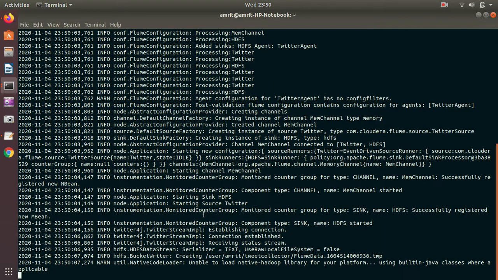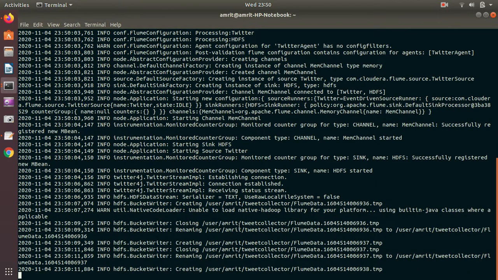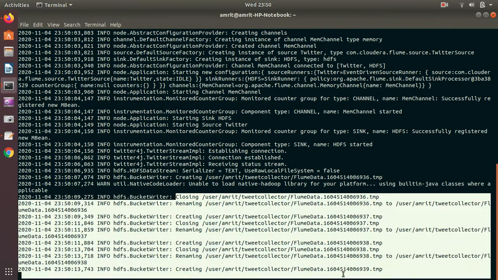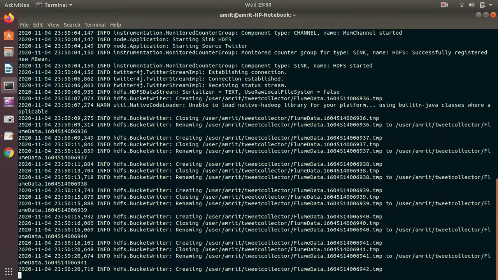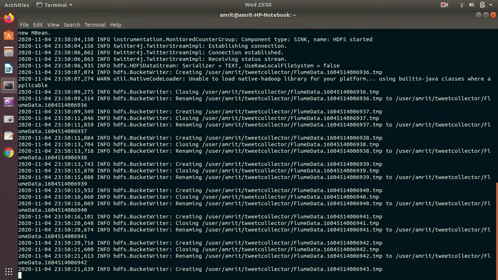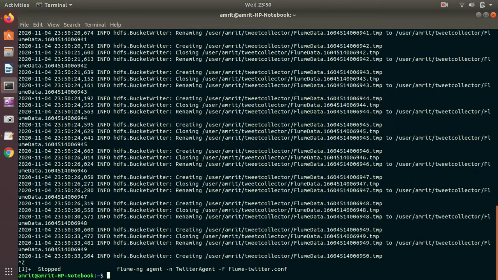Okay, you can see that the data has started here. In no time I'm getting a lot of files. You can see a lot of files got created. Guys, if you don't stop it, you'll very soon run out of storage. You can see a hell of a lot of files are generated here, and the speed at which they are coming. So that's why I said it's justifying the velocity property of big data. Okay, I'm stopping here. I don't want unnecessary data. This is enough for me.